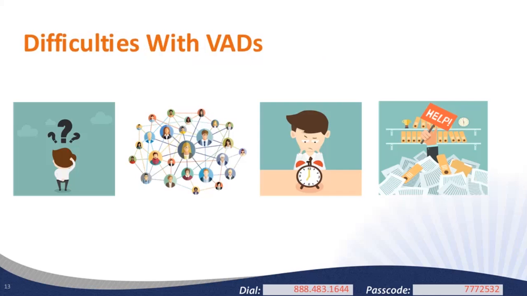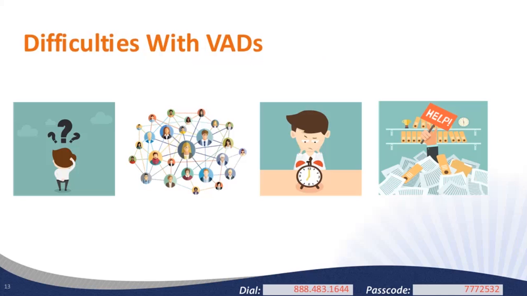And so now that we have a nice basis for what the VAD is and why it's important, we wanted to spend some time talking about some difficulties that have come up. So what we did is we spoke with both Corporation state office staff, supervisor orientation facilitators, as well as VISTA staff like Jessica from DC, and we came up with a set of common difficulties that we often see across the board with VADs, and we thought it'd be helpful to share those with you so that you'll be aware of them and can hopefully get ahead of this in your projects.